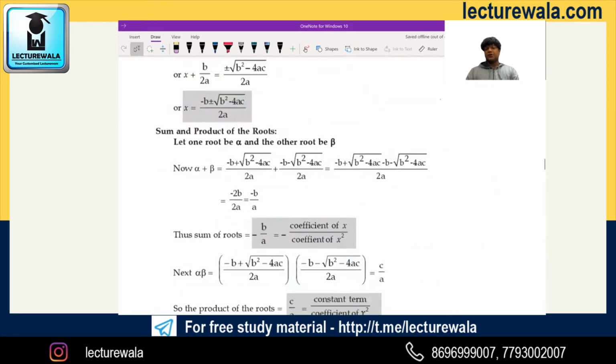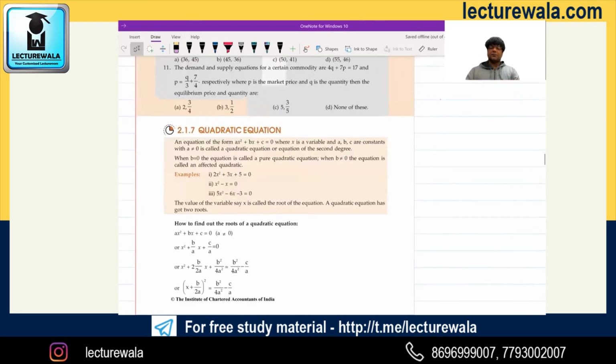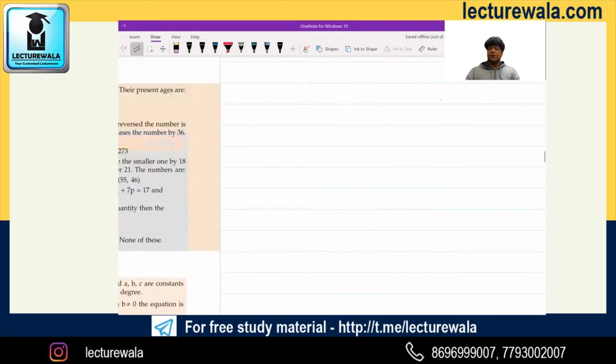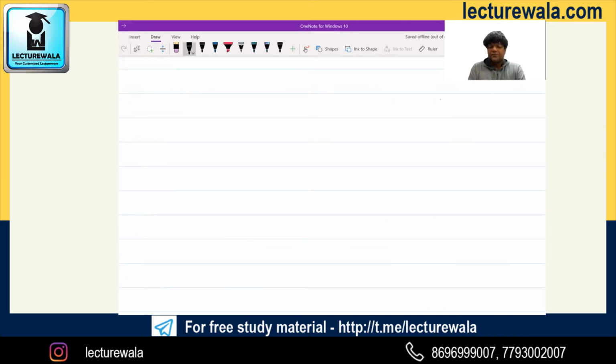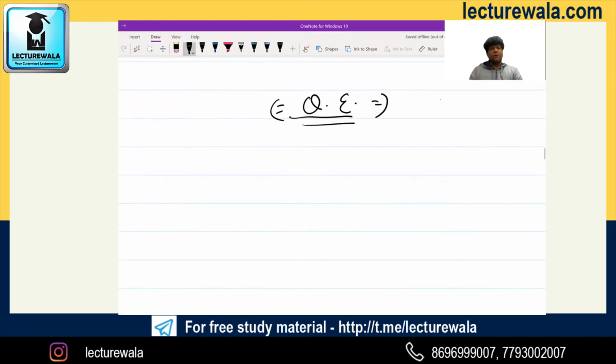Now, guys, this chapter is very important: quadratic equation. Because in this chapter, there are some things which I can revise again. See, quadratic equation. 4 things are there, guys. First of all, any equation of this type, ax square plus bx plus c is equal to 0, is a quadratic equation, where your a value is not equal to 0. A value means what? The number behind x square. Meaning, simply, the x square term must be there.